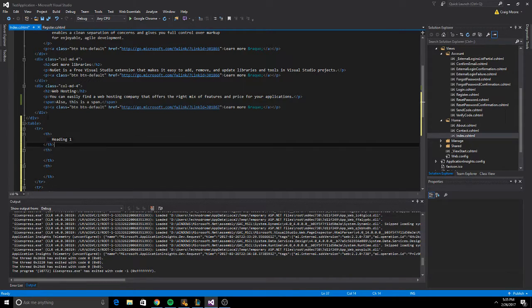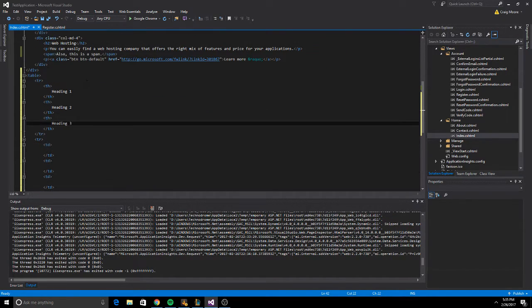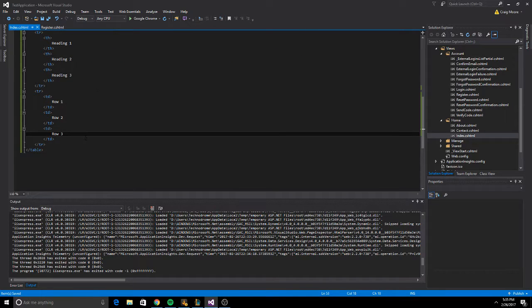Heading 1, heading 2, heading 3, and then row 1, row 2, and row 3. Okay, so